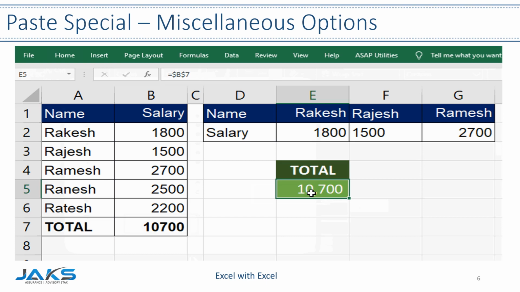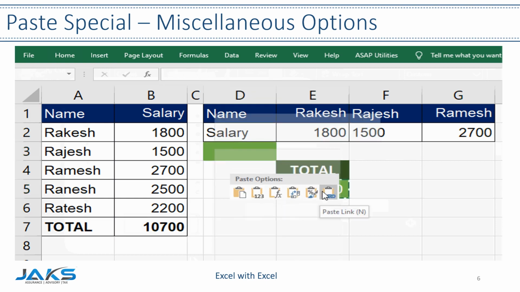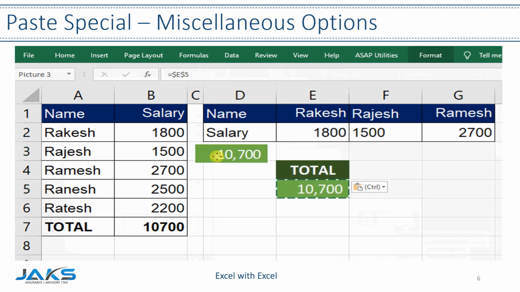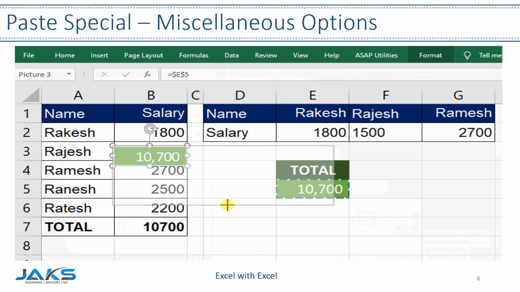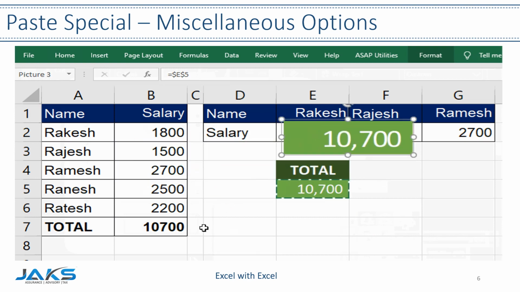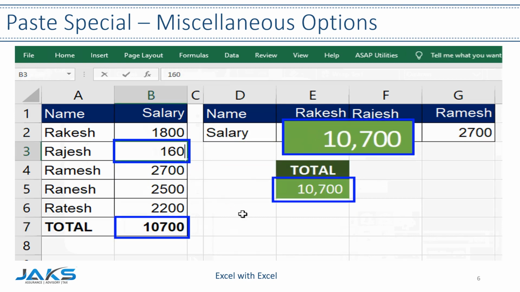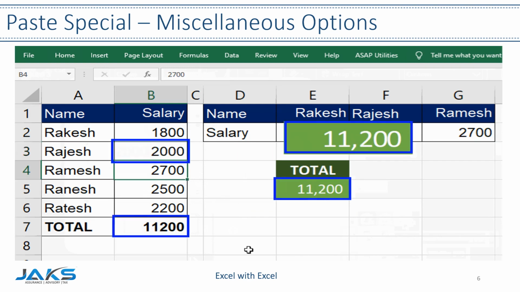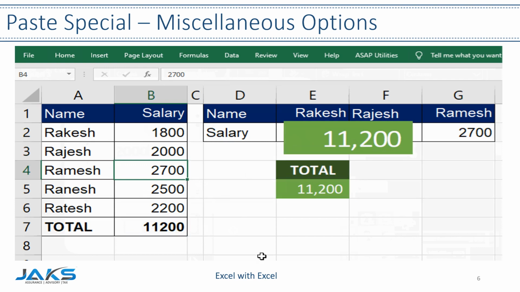Paste as Linked Picture is a useful tool. This allows you to paste a copied cell or range of copied cells as a picture with a direct link to those copied cells. So, it gets the power of a cell with the formatting advantage of a picture. This is very useful when you prepare attractive dashboards. With that, all the options in the Paste Special dialog are over.